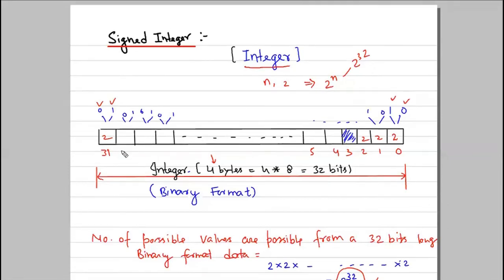I am assuming that you must have studied permutation and combination as well. So how many binary values can we generate out of 0 and 1? If each place has 2 choices, and we have 32 such places, then the value would be 2 to power n, means 2 to power 32. We have two choices at each place, and we have n such places. Here n is the number of places and 2 is the number of choices at that place. It will get multiplied.